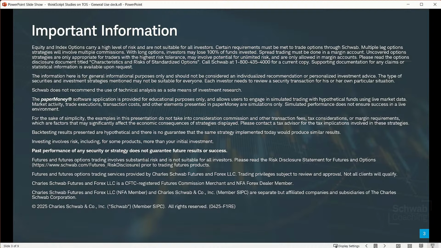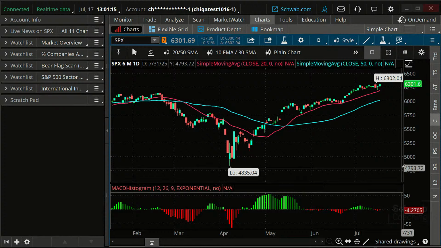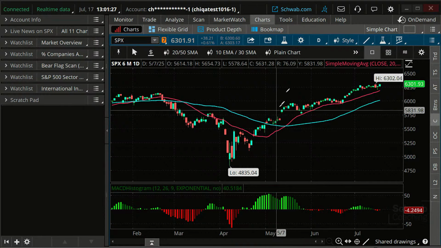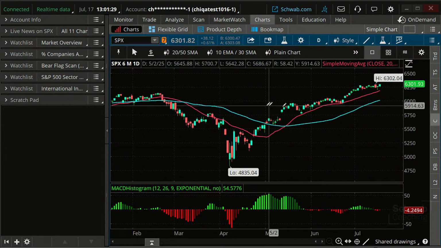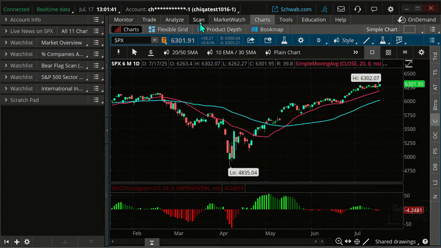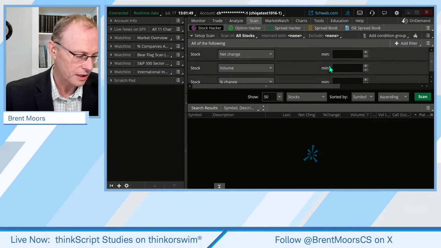Okay, there we go. Let's head on over to the Thinkorswim platform. When we talk about ThinkScripting, everybody, there are different scripts that you may see. You may see some that are on charts. You may see some that are perhaps in watch lists, a column script of some sort. There are also scripts you can share for scans, for example. And that's where I'm going to focus today. I'm going to focus on scans and scripts on scans.